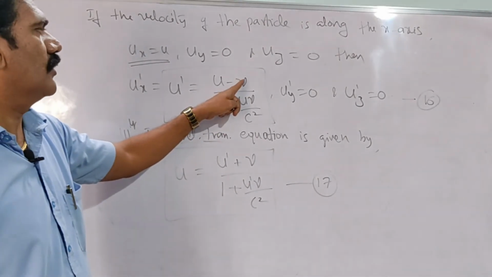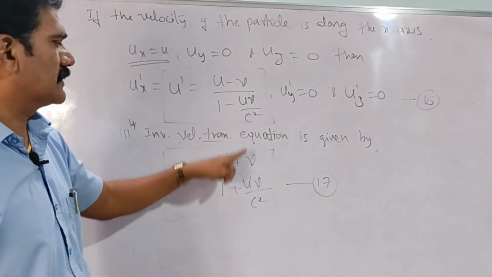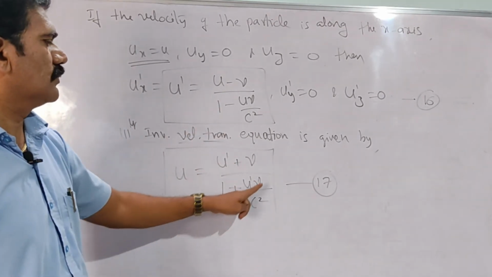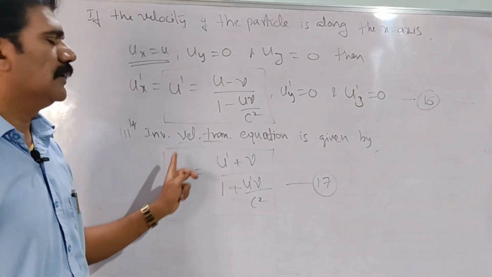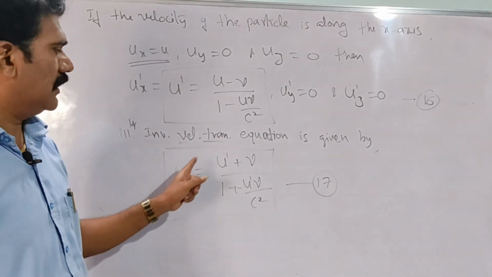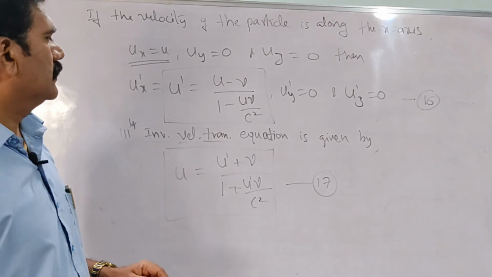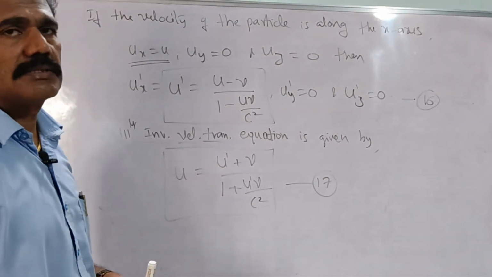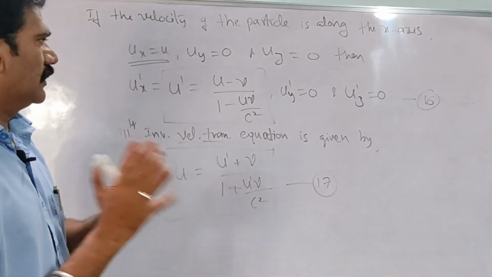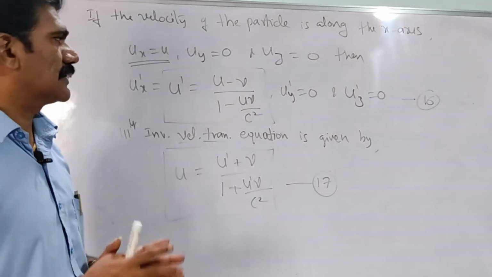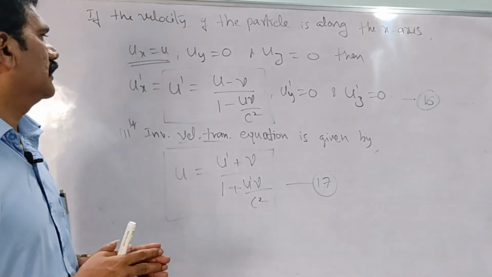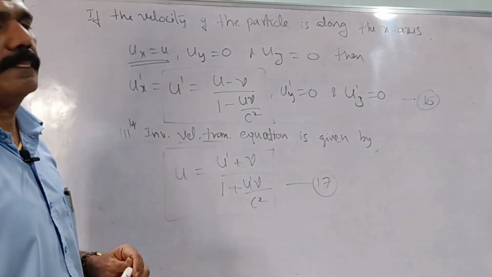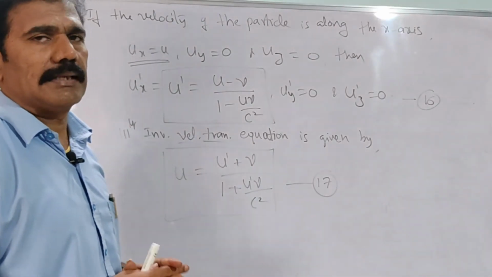Okay, so in place of v I have to put minus v now, so minus to plus, so u dash plus v divided by 1 plus u dash v by c square. Of course we are interchanging the prime quantities also, priming and unpriming quantities. These are actually equations 16 and 17. Consider u as the velocity of a particle in a particular direction, that is along the x-axis, it is understood, right? So you can write the velocity of the particle in a given direction according to the velocity transformation theorem.